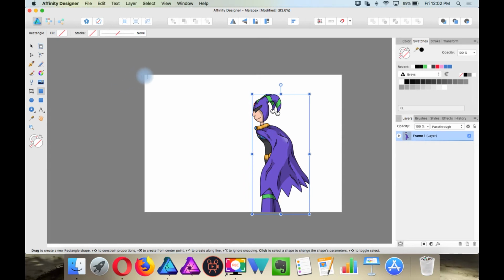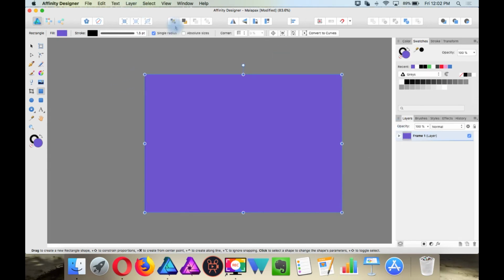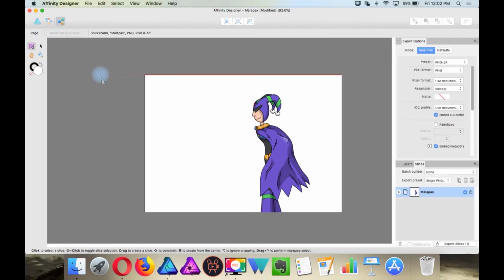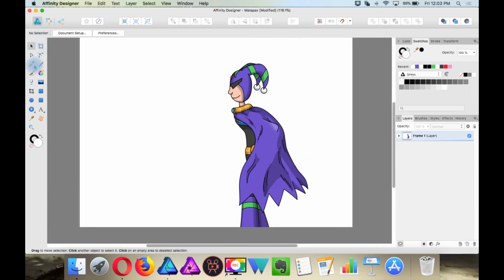I'm going to just create a shape for the background, not covering him, so I'm going to send it behind. And I'm just going to have it white for now. Because later on, I'm going to go into the export persona and create a slice on each of the layers, which will be each of the frames in this case. But if I didn't have something in the background, then each slice would be different sizes. For example,